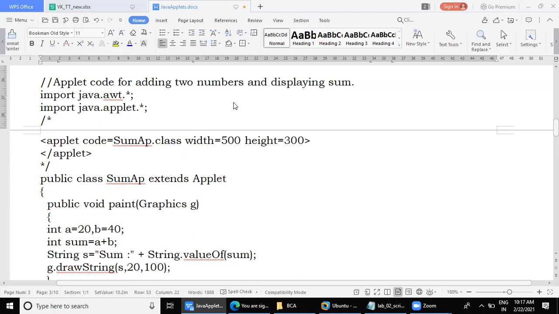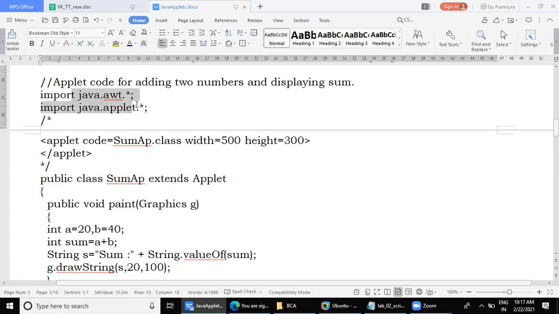Then you will have to have a button. The moment you click on a button, it should automatically calculate student's result and it should display. All this you should be able to do. So we will start from addition of two numbers program. First, we will do addition of two numbers program just by initializing variables. Clear? Yeah. So let us see.